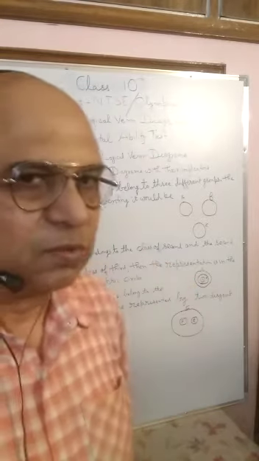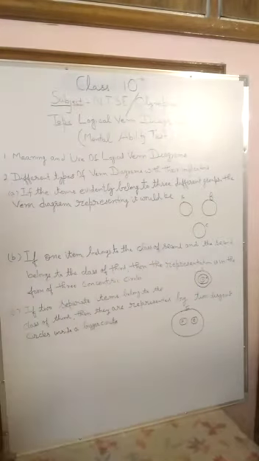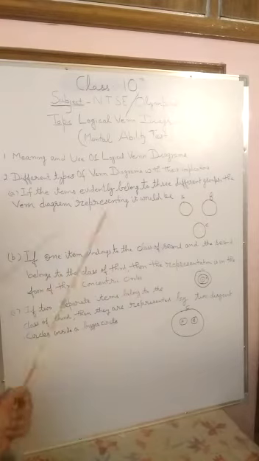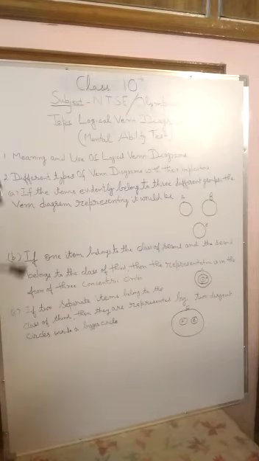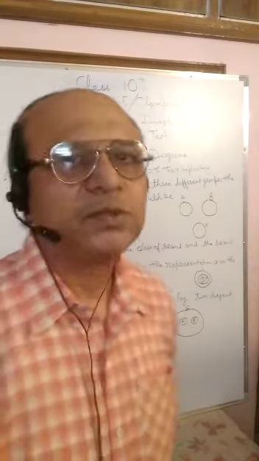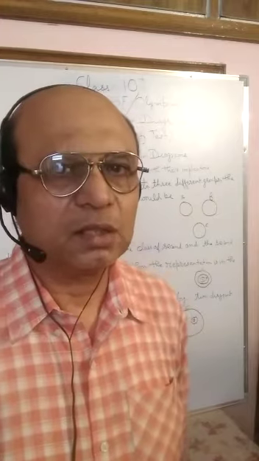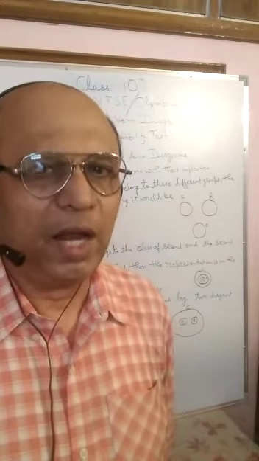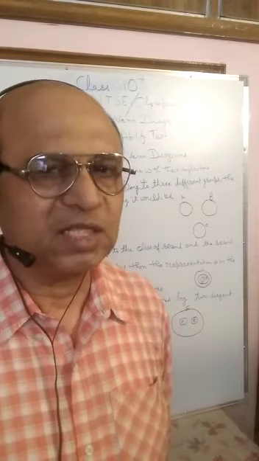Logical Venn diagrams were developed by a scientist. His full name was John Venn. He was a very great scientist as well as a great mathematician, and he tried to explain mathematical problems and their solutions with the help of diagrams. These diagrams were generally in the form of circles, and he used set theory, definitions, and concepts to explain these diagrams.